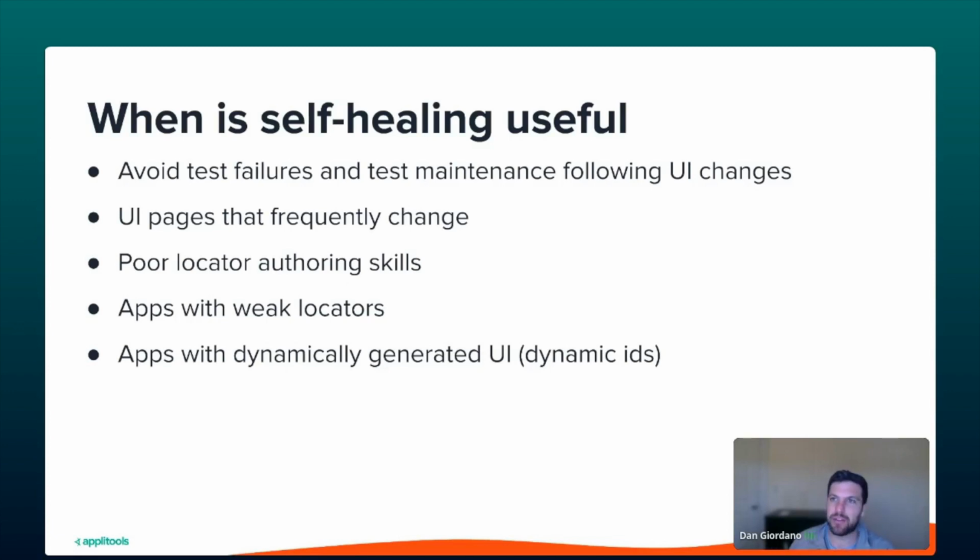So again, you can think about some of these new frameworks, Astro, Next, Gatsby. It's not always a one-to-one comparison between what the dev is using and their classes and what actually gets spit out in the DOM. So again, this is a great, useful benefit to using self-healing technology when we're testing